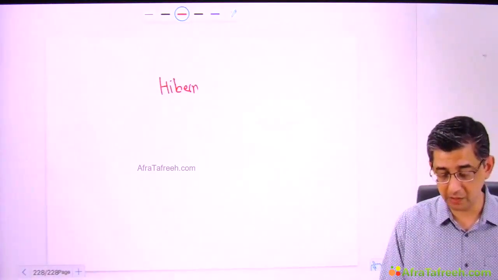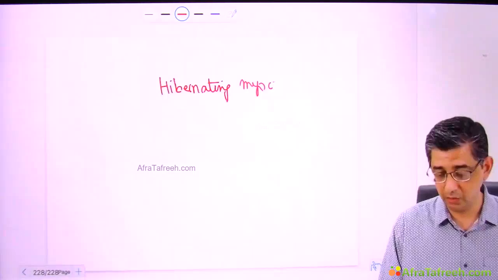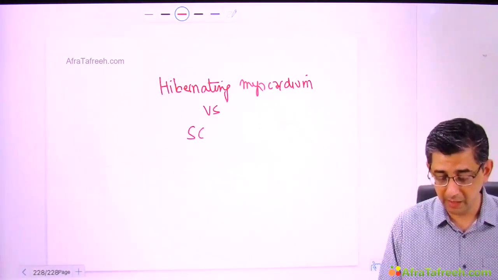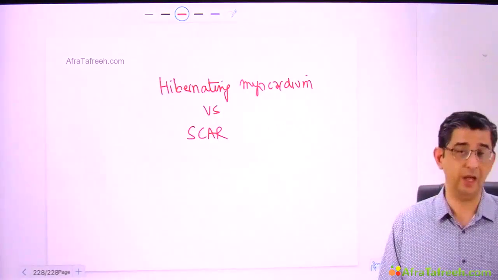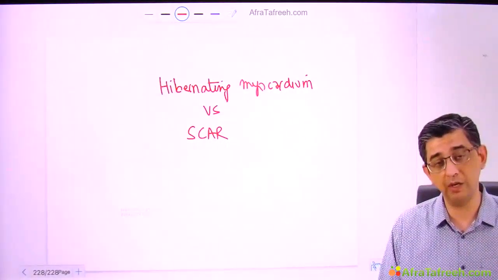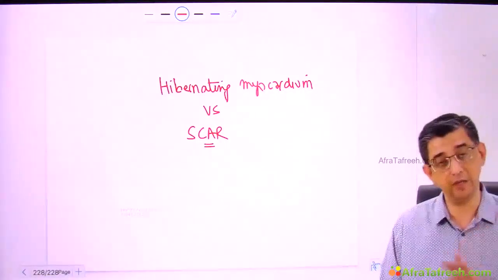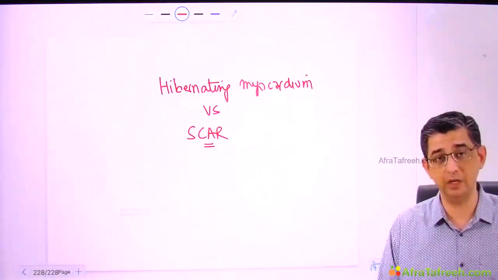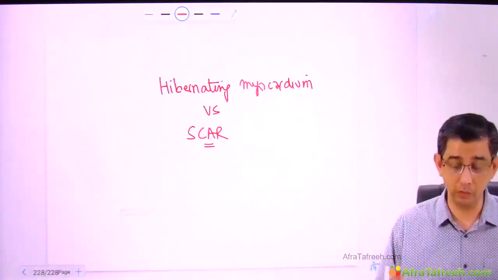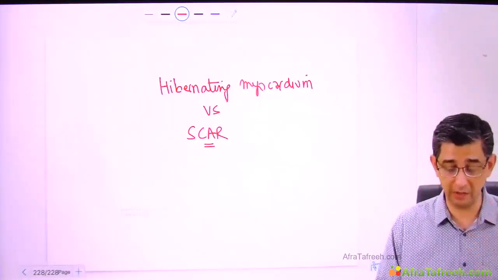Now let me explain this term, hibernating myocardium, once again, and then compare it with a scar. You can very well understand scar would mean that it is dead tissue, like a person had myocardial infarction last year, and the area where the infarction occurred, there would be dead tissue, that would be a scar would have formed in that area. If there's gonna be a scar anywhere in the heart, whether it be left ventricle, right ventricle, anteriorly, posteriorly, scar is also going to exhibit less contractility because there is no live tissue. But hibernating myocardium, because it is having less supply of oxygen, there is a decreased contractility.